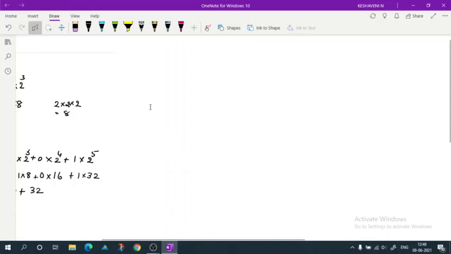Now I'll consider another example. If you have a decimal form, then how can we write this one? For example, I'll consider the number 0.0111 in binary. That is equal to how much in decimal? Okay, now 0.0111, you have to write this one after the decimal point. You have to start like this.